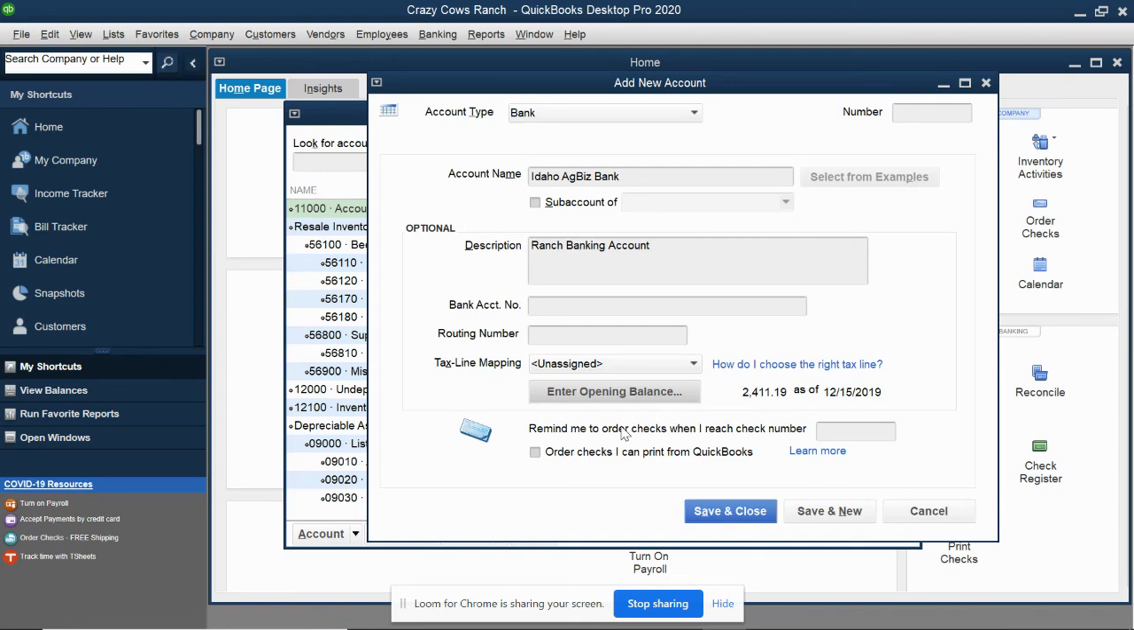For all of your other asset accounts, say you have a savings account or if you have a co-op stock, you're just going to enter the balance as the last day of the previous